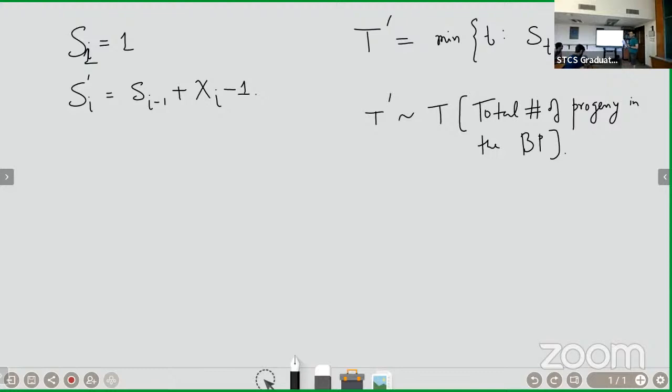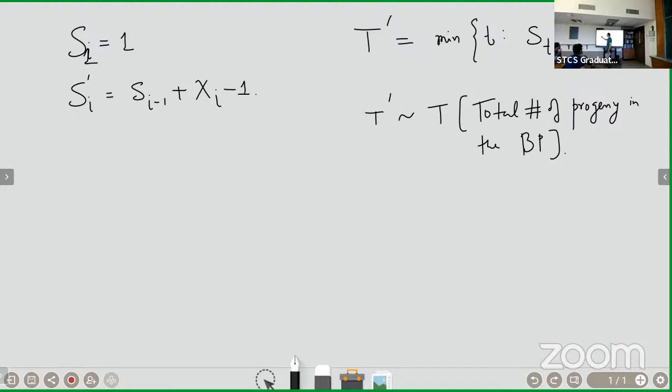Any doubts on this? What is this capital T, what does T prime actually mean? We're not counting generation after generation, so this will not give me the number of progeny in a particular generation. But looking at the total number, it counts right. It's not going generation by generation, but it is related to a process where we are randomly